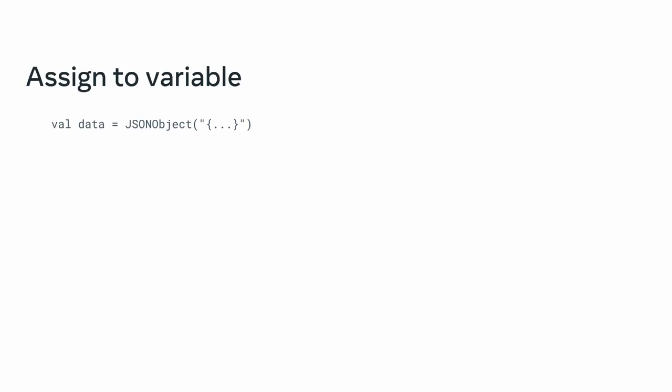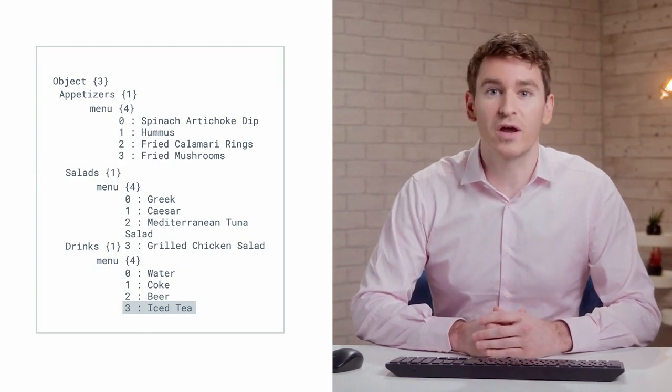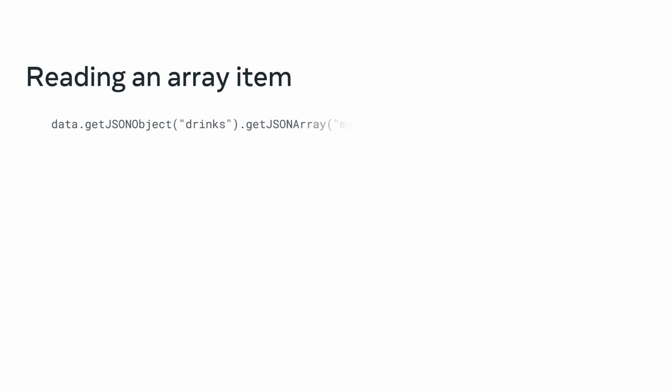To make this data accessible, you'll first need to assign it to a variable. In this case, using the built-in Android JSON library, the value of the val data will be a JSON object instance with the JSON passed in as a string. Now you can access each individual property within the JSON object. For example, let's examine the code you might use to read the fourth item in the drinks array. By typing data.getJSON opening parenthesis, quotes, drinks.getJSON closing parenthesis, quotes, and menu followed by the number 3 in square brackets, you would access the iced tea